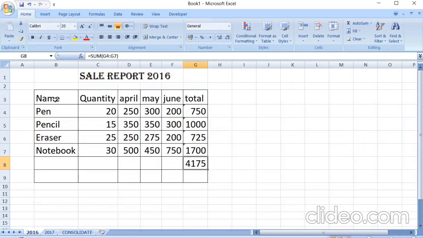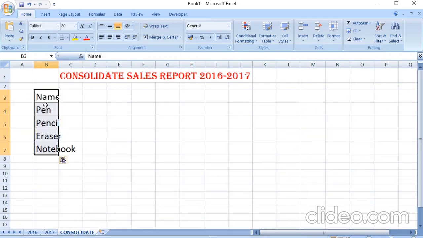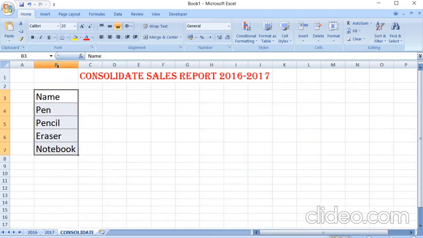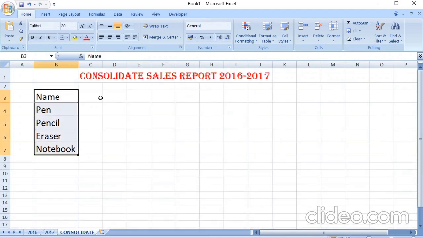Now, same structure I want. Because my items are same, I am copying it and I am pasting the same items. Or you can type also if you want to type. Same I want these headings. Right?